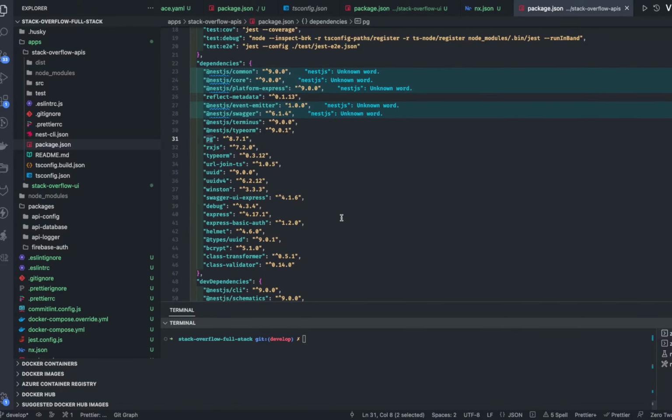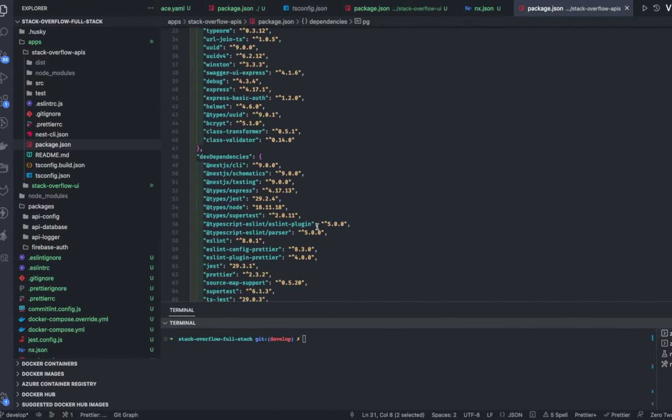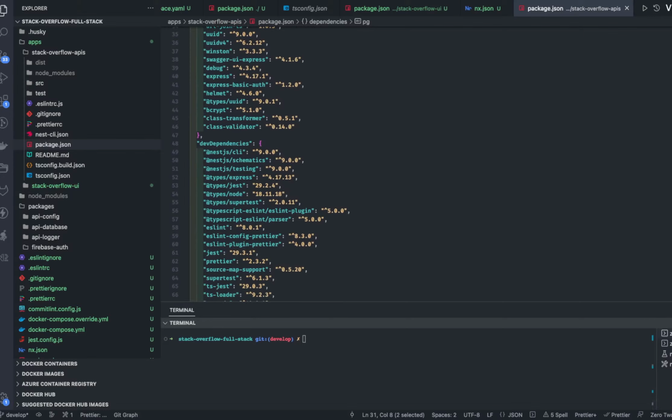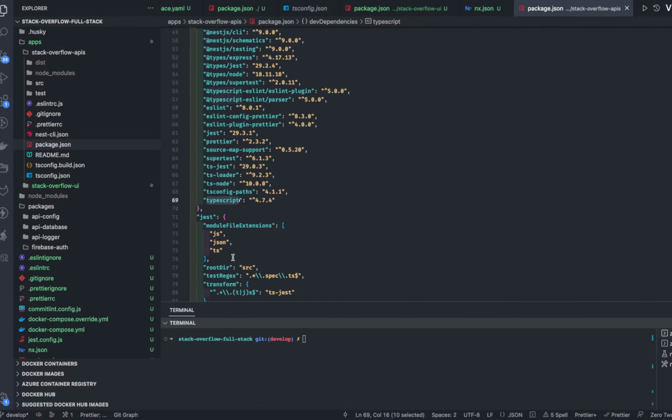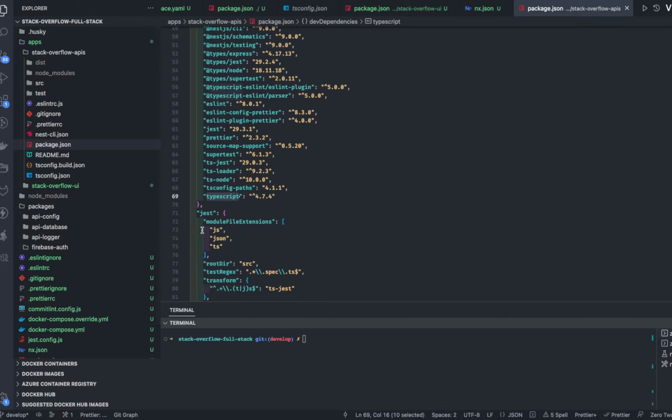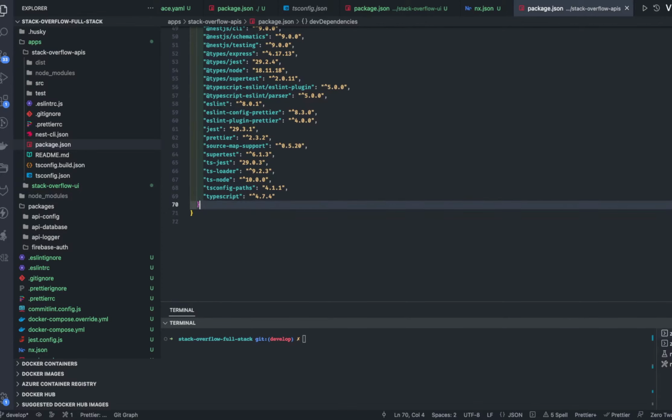Now in the dev dependencies we have the CLI, semantics, jest, node. Okay, let me see if anything we need to add. We have TypeScript, ts-node. TypeScript we can keep only at the root level, if you want to create it as a separate dependency file. And jest we can remove from here, and we can create a simple jest config